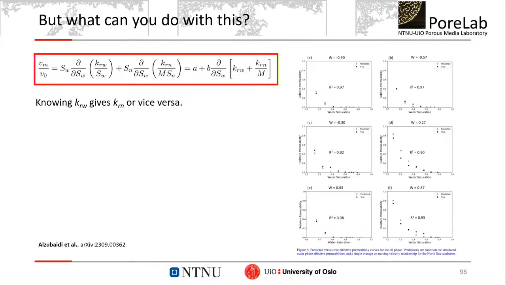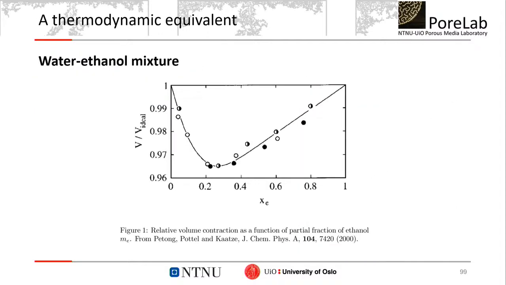All right, and you can then actually go further. Knowing one relative permeability, you can find the other one. If you can measure one with very high precision, you get the other one. And this is the kind of data. I'm not going to go into details here. But let me now, since I have a few minutes left,